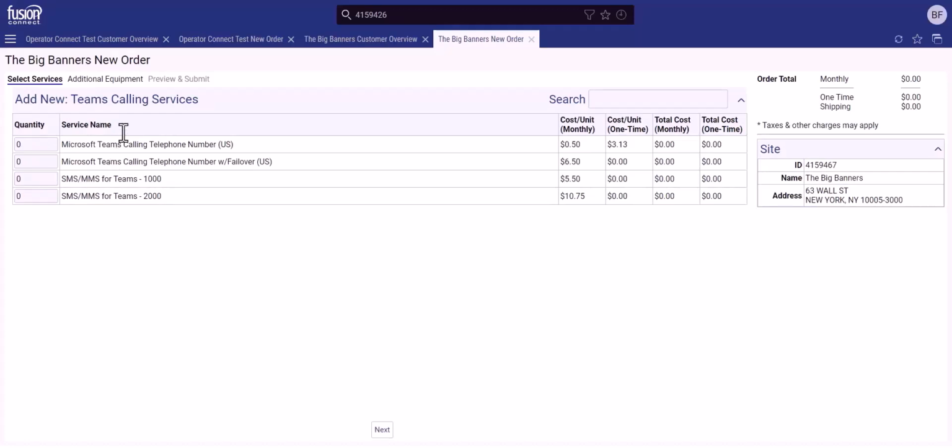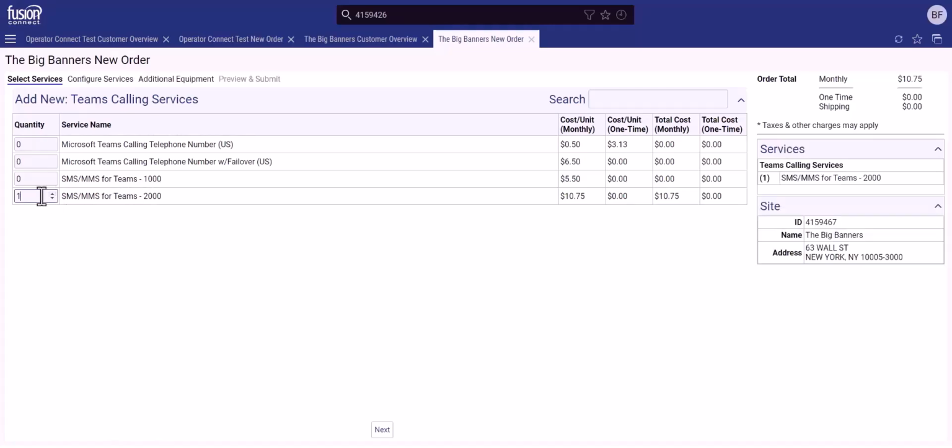Here's a list of your existing Teams Calling services on your account. Teams Calling Numbers US, numbers with failover in the US. You already have SMS MMS for Teams with 1,000 text messages available a month, and then SMS for Teams with 2,000 text messages available per month. If you wish to add an SMS MMS service, you can add its quantity to the quantity column and click